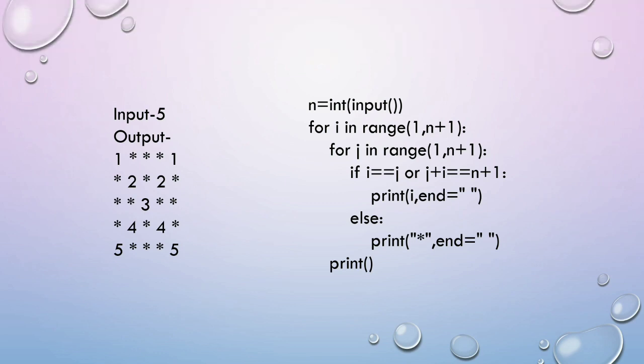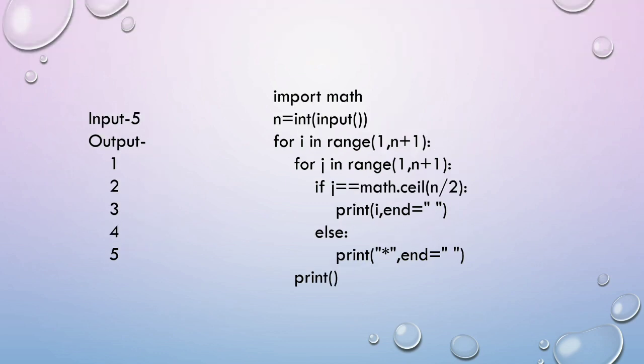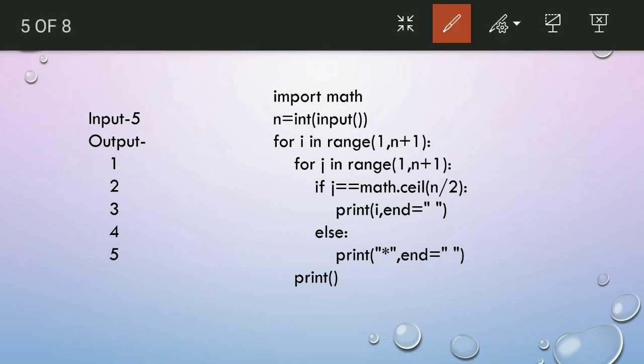Coming to the next question, import. See here, you can't find anything here, but actually the spaces are there. So here it is one space, two spaces. In the third row it is written 1, here it is 1 space and 2 spaces. In the same manner, these are the 2 spaces. Because we are printing a star, I can print the star here as well, but I want to show you if they want it in the middle with these spaces, how you will print that.